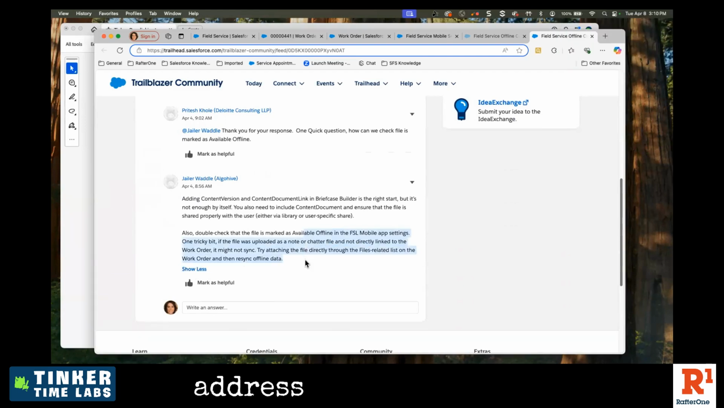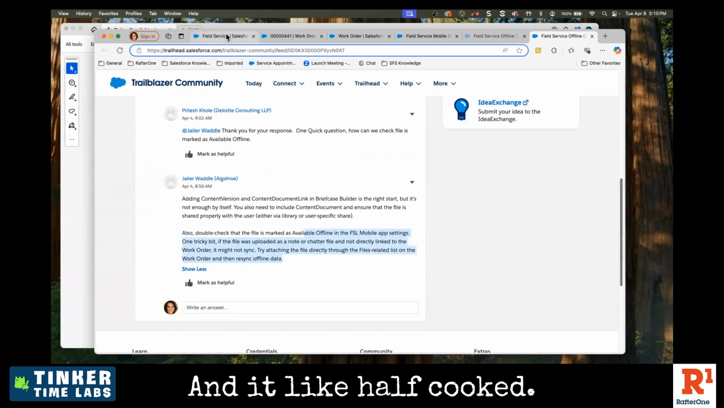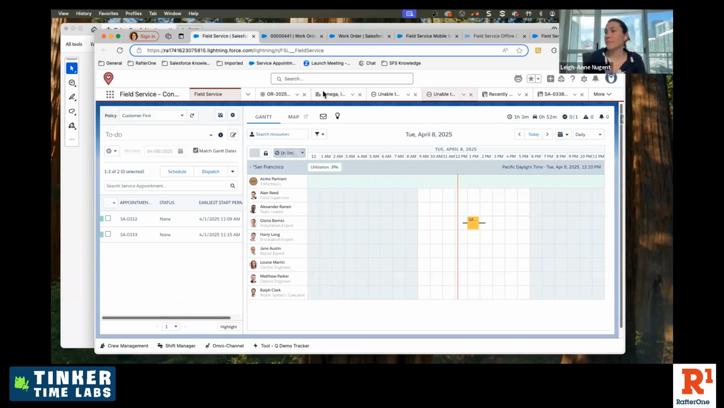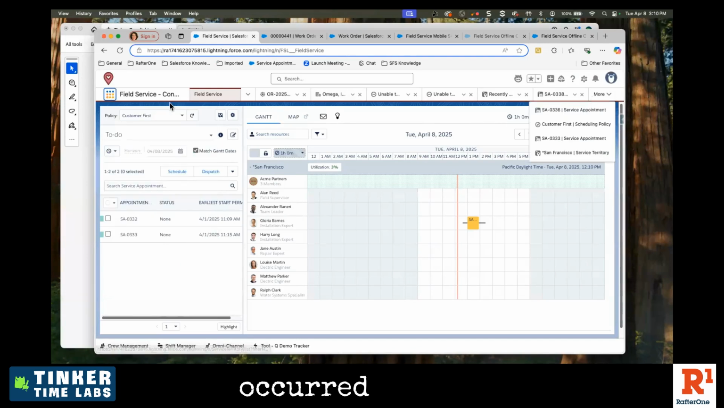Definitely doesn't address viewing an image in a file or a work step, certainly. And yeah, it's like half cooked. There's a little bit of, hey, remember to do this, remember to do that. But the one thing that occurred to me with what you were just saying is like,